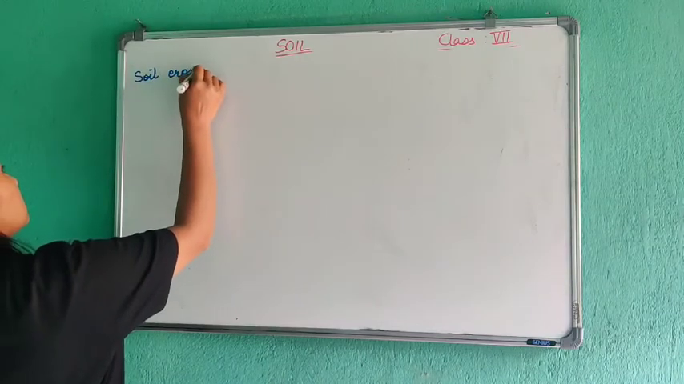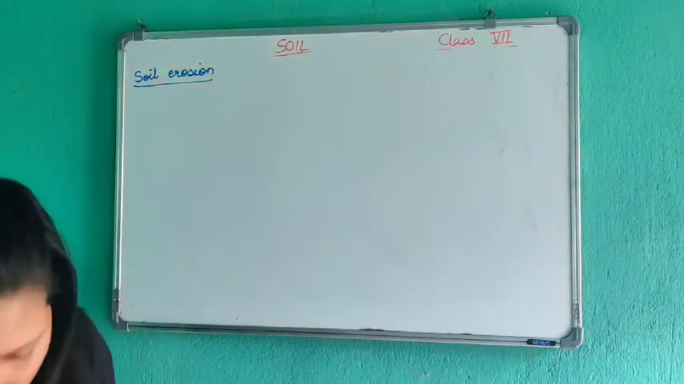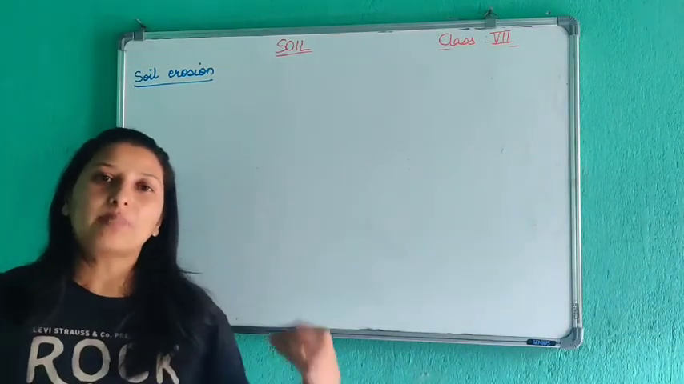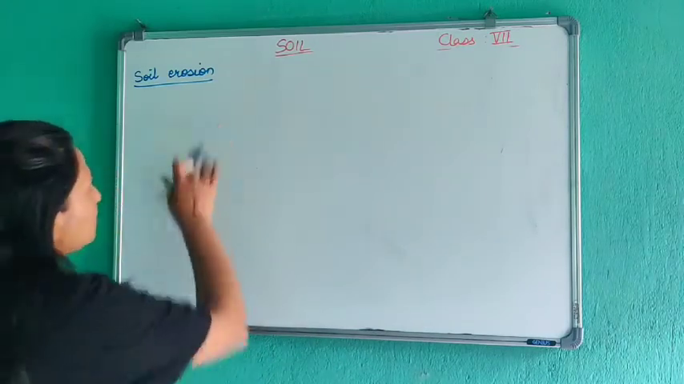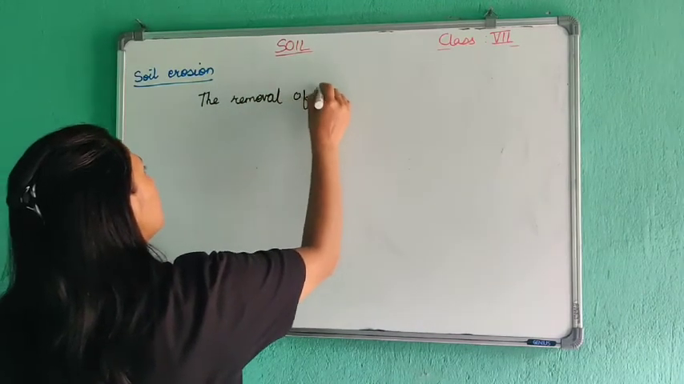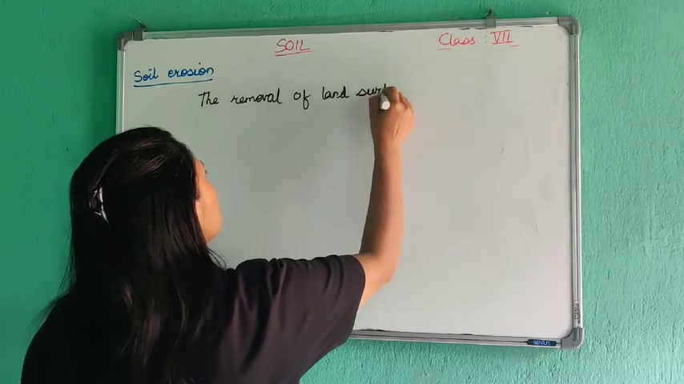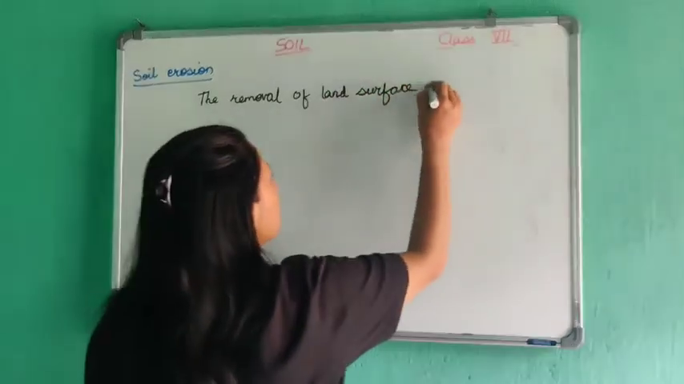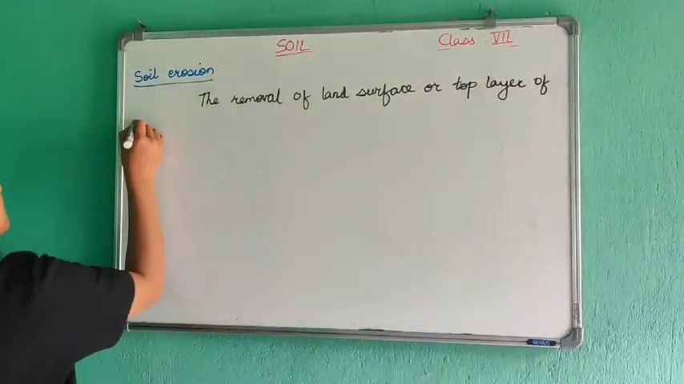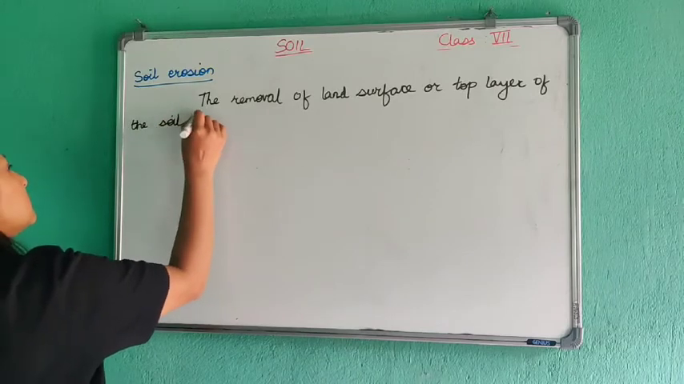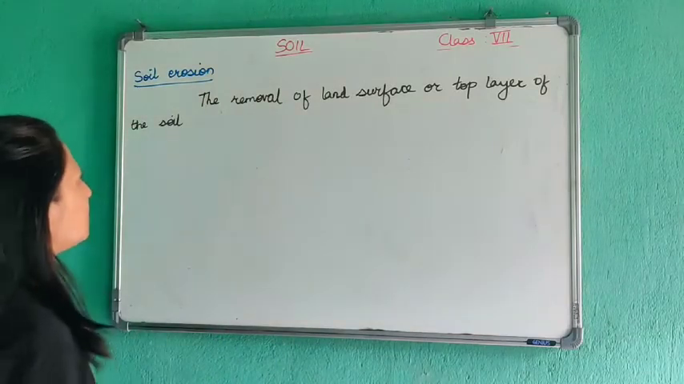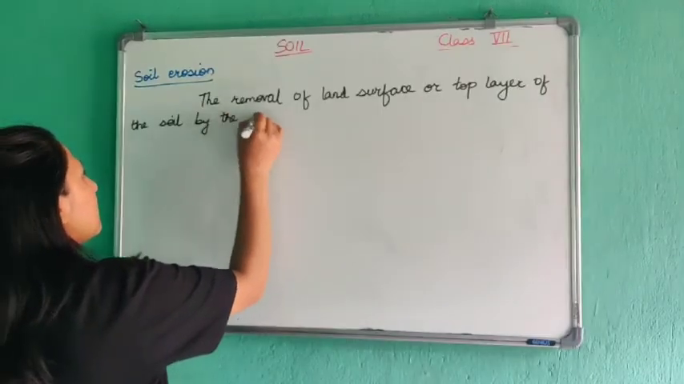Erosion. Now, the land surface or the top layer of the soil can be removed, and that removal is known as soil erosion. The removal of land surface or top layer of the soil is known as soil erosion, by the action of